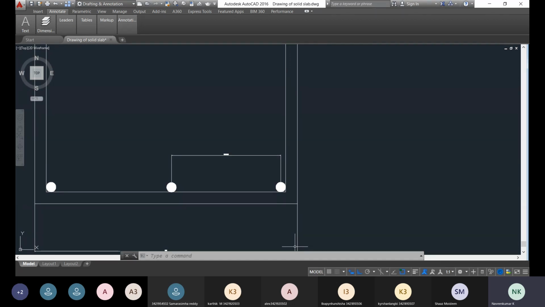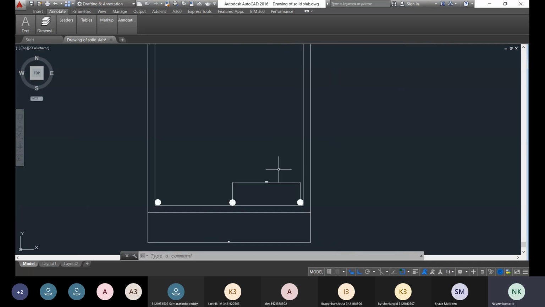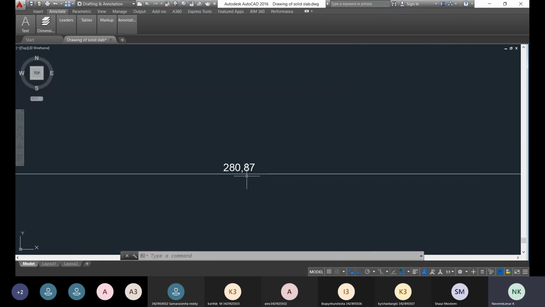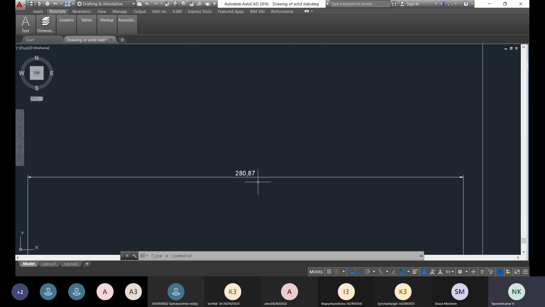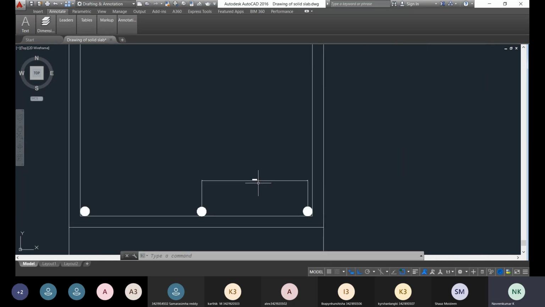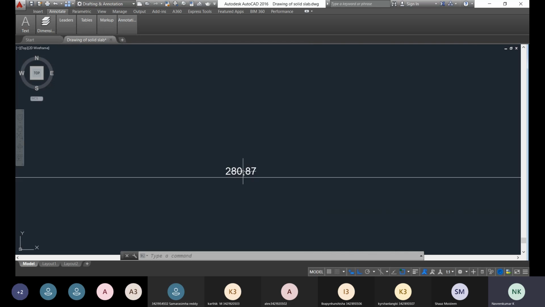The second condition is the nominal size of the aggregate plus 5 mm. The nominal size of the aggregate generally we use is up to a maximum of 40 mm, plus 5 mm, it is 45. Your horizontal spacing should be greater than 45, but we are taking the same distribution as we chose in the solid slab. Therefore the horizontal spacing, that is the center to center spacing between the two steel rods, is 280 in the distribution way.